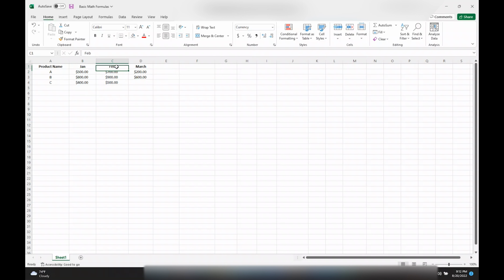Let's move to the subtraction. If you want to subtract a number from another number, you need to use the minus sign. It is located just by the plus sign on your keyboard next to the backspace key. So in this example, I want to add up January sales for products A through C, and then maybe I want to subtract